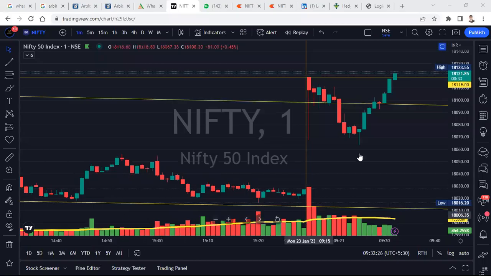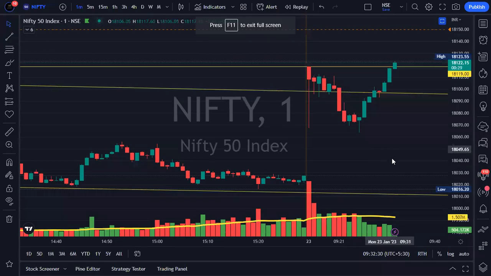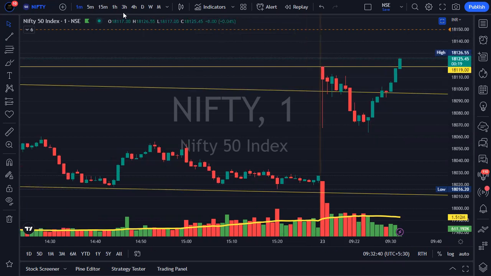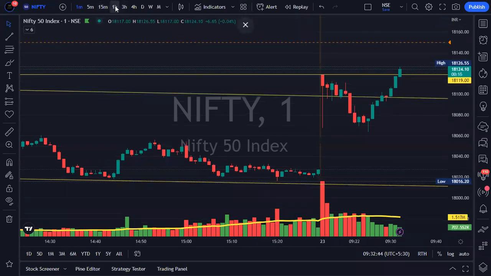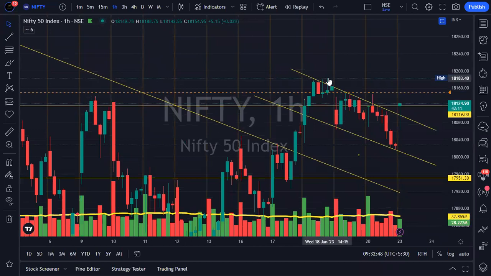Hi, good morning. We are looking at market analysis of today. This is during the live market, as you can see. This is on 1 minute time frame. We have drawn a line here, which is at about 18,120. But ideally, the line is around 18,150. So the resistance that we have seen so far is between 18,150,